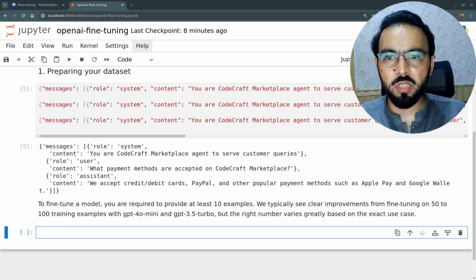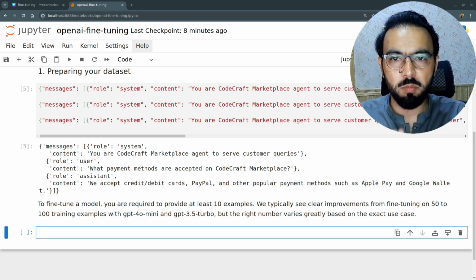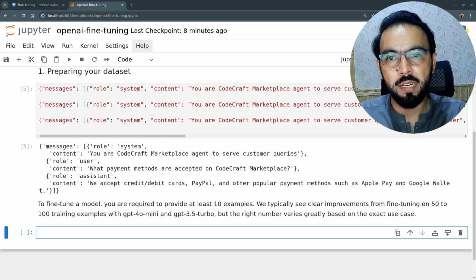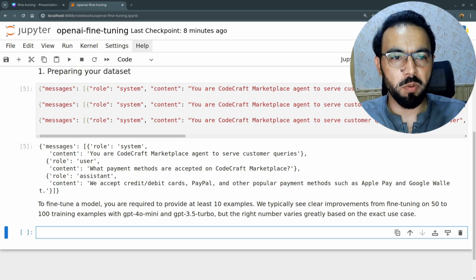Now, as I mentioned, these are the different examples we are giving as training data, and the GPT model requires at least 10 examples. When you are going to fine tune your GPT model you need to provide at least 10 examples, so that based on those examples the GPT model can consider answers for future queries. Providing 10 examples is the minimum requirement, but OpenAI recommends that you provide at least